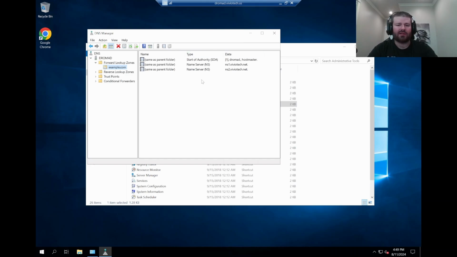So now that we have the domain set up, you can add your resource records, but before you do, I just wanted to make a quick note that in order for this to work, before pointing your domain to ns1 and ns2, you will need to create a ticket with our support team at support@viviotech.net and ask us to create the domain on our ns1 and ns2 name servers. And what we'll do is create that domain on our name servers that slaves to this DNS zone on your server. So any changes you ever make here in your server for the DNS zone will automatically be applied to our name servers ns1 and ns2.